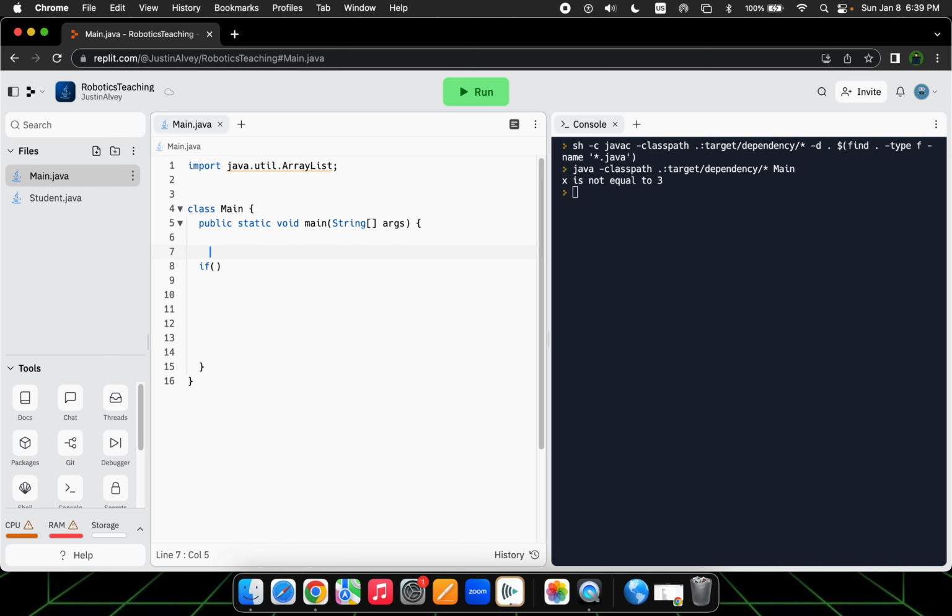So let's say that we have an int called x, and that x is 3. But what if we didn't know if that x was 3? Well, we could check for it. We could say if x equals 3,